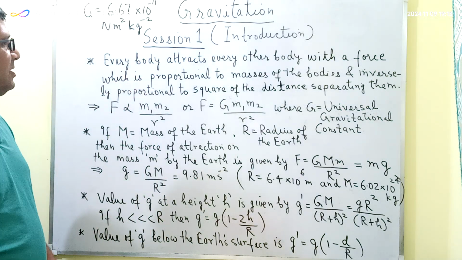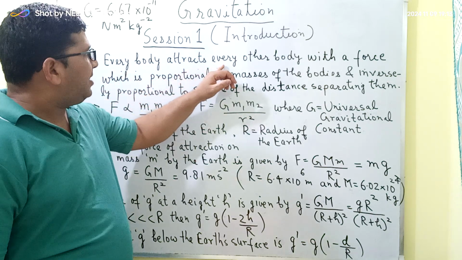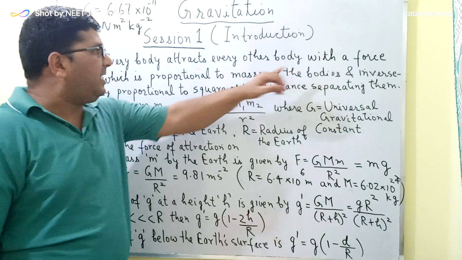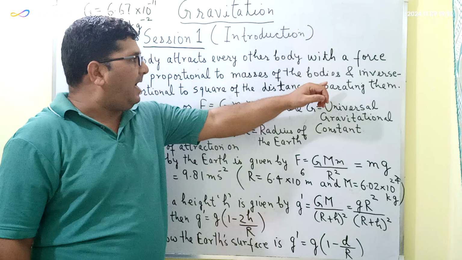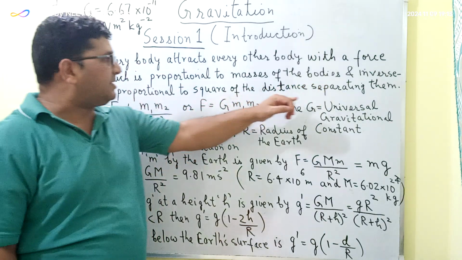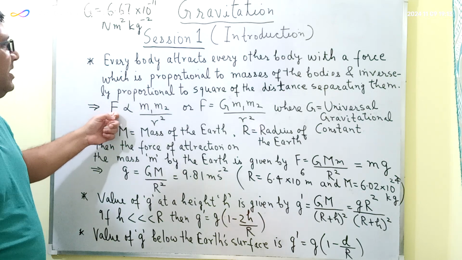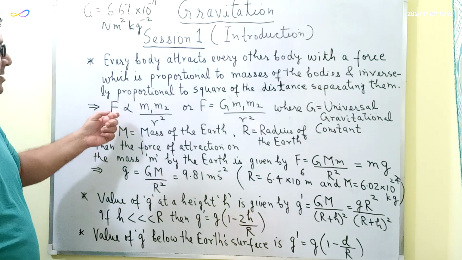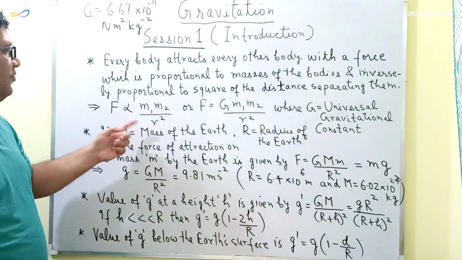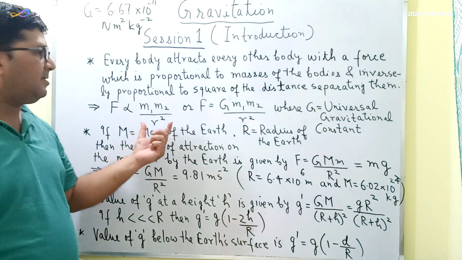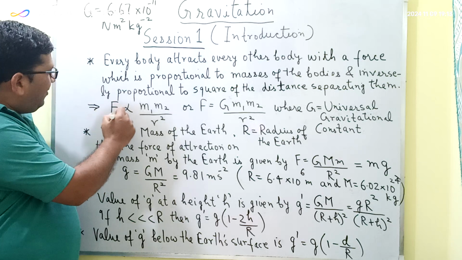So as per the universal law of gravitation, every object or body attracts every other object or body with a force which is proportional to the masses of the bodies and inversely proportional to the square of the distance separating them. So if F is the force of attraction between the two bodies of mass m1 and m2, and which are separated by a certain distance, say r, then F can be written as that F is